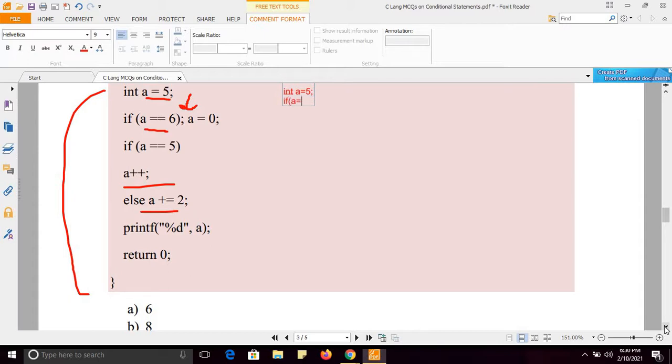If a equals to 6, this will happen. And then a equals to 0. Then I am just rewriting this code.